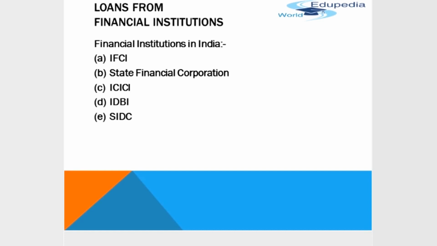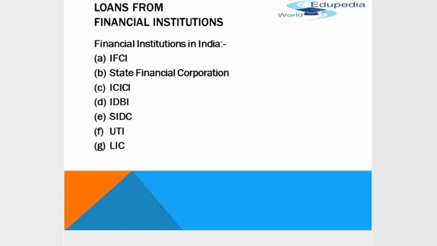Another financial institution set up is SIDC. What is SIDC? State Industrial Development Corporation. This corporation was established by different states to promote industrial development in their respective states. So this organization was set up to look after the development of the various states. Another institution is UTI. As everybody must be knowing, Unit Trust of India. It was established by the Indian government to mobilize the community's savings and channelize them into productive ventures. Another institution was set up, LIC. Everybody is well aware of LIC, Life Insurance Corporation of India.